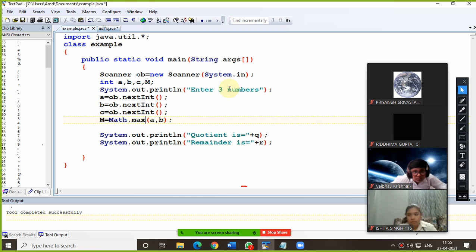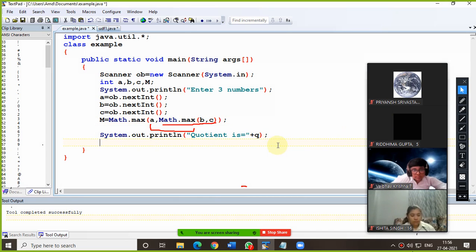So for finding the largest, what we can do? We can use Math.max method like this also. Now see, what we are doing? First of all, we are finding the largest from B and C. After that, we are finding again from A and the largest of B and C. Then ultimately the largest we are storing in M. Am I clear this?